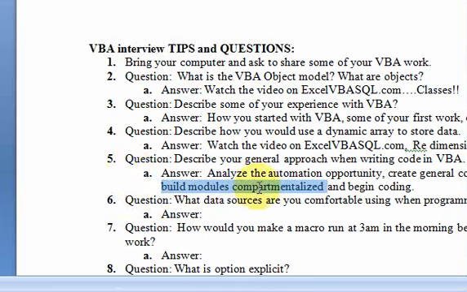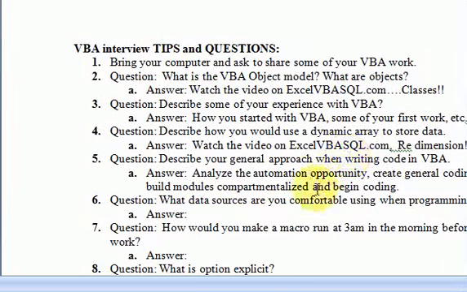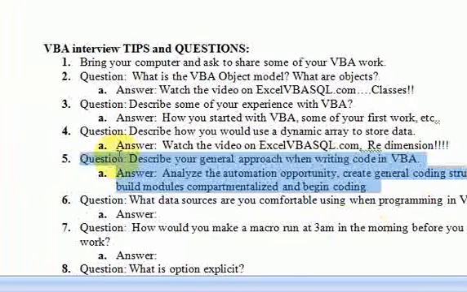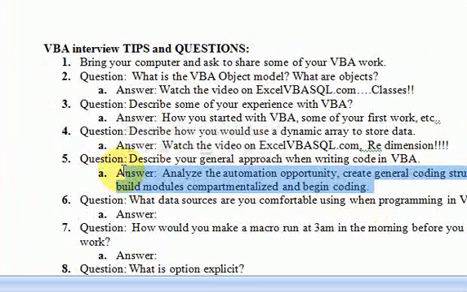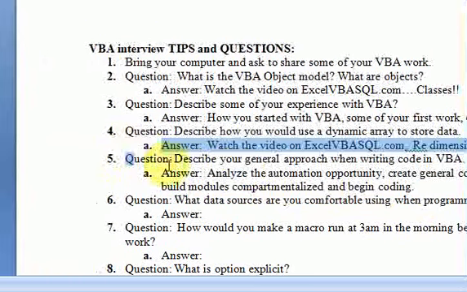But remember what I said throughout the videos on the website, is that you want to separate your modules so that it's easy to understand your code. And that's what this question is really going for, because if you just say, I just write a sub and then the name of my subroutine, and I write all my code, and then I do end sub. If you say that to this question, I don't think you're going to get the job,